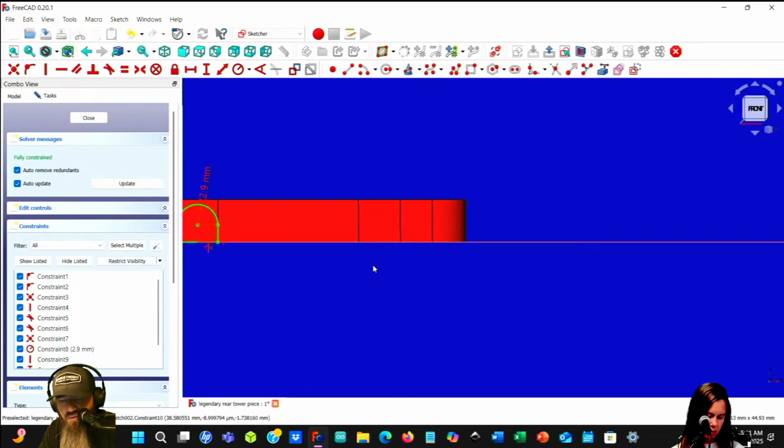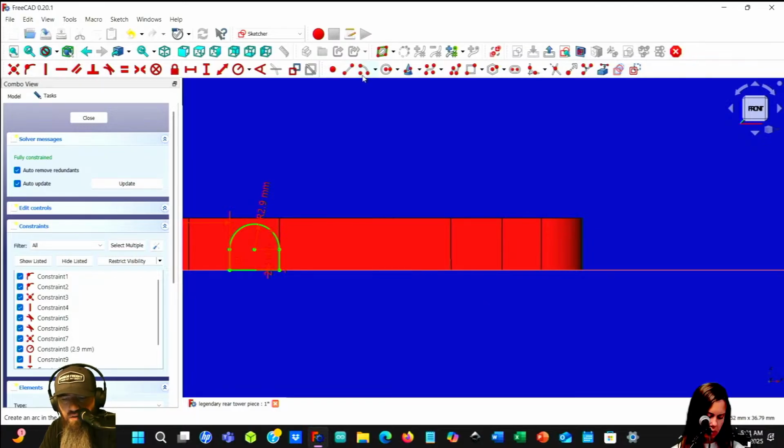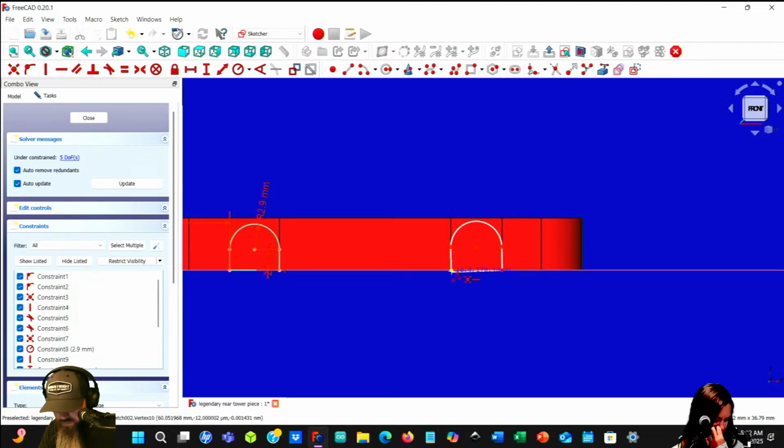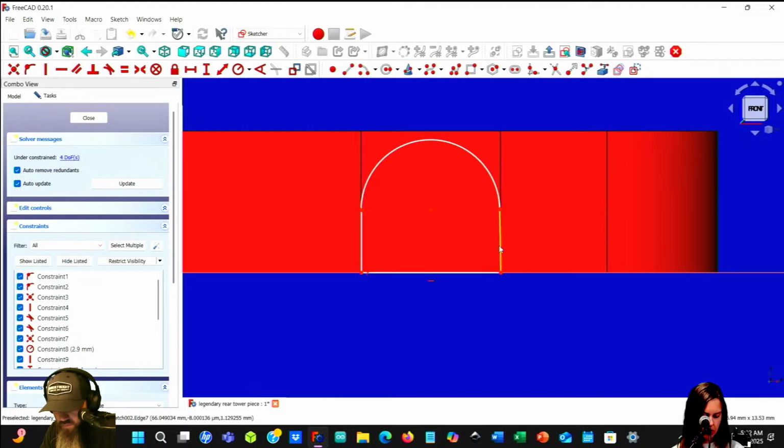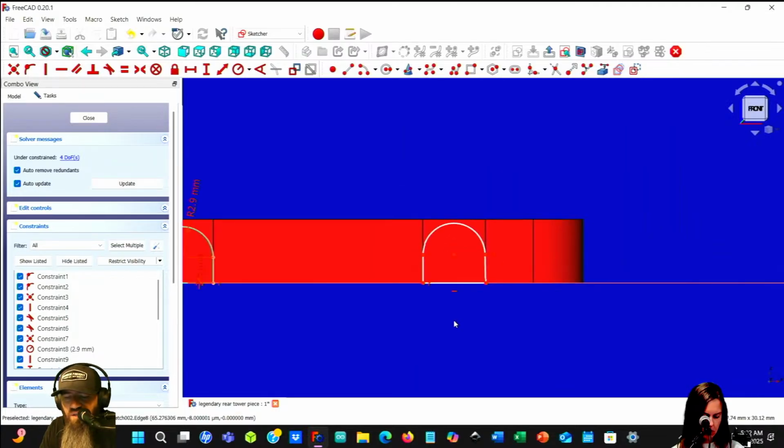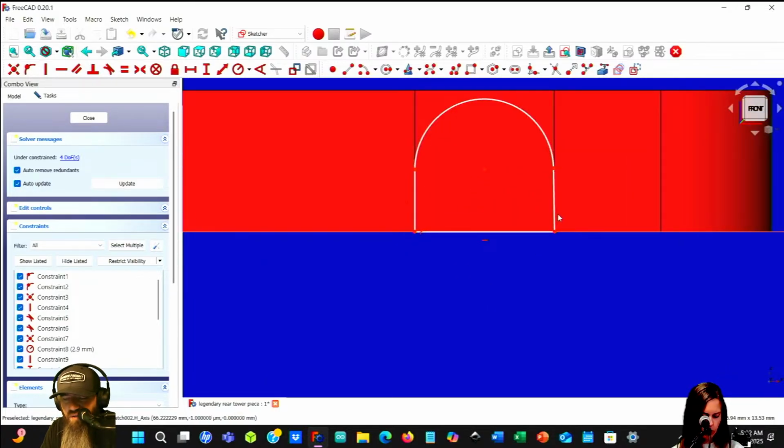Okay, so now we need to do that again over here. So another polyline. We go up. I just realized that I might be doing this wrong, because this needs to take away.